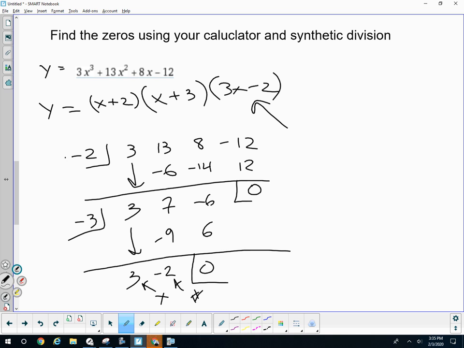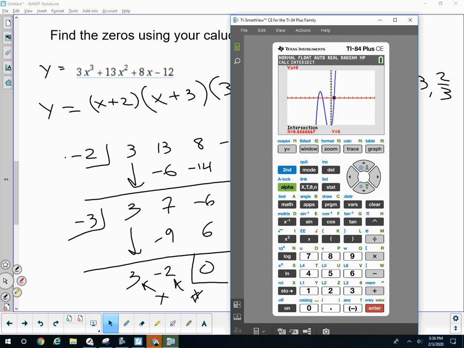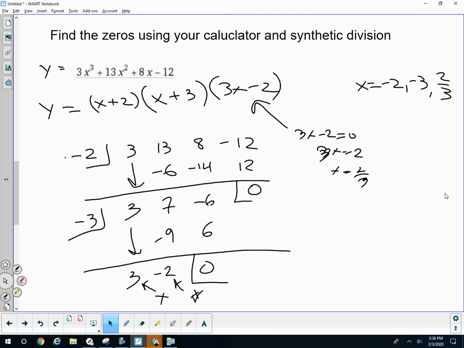Yes, the question is find the zeros using your calculator and synthetic division. I got -2, I got -3, and then I got, when 3x minus 2 equals 0, I add 2, divided by 3, 2/3. That's what 0.66666666666 is, 2/3. That's how we can get that answer, though. Yeah, we could have just turned the